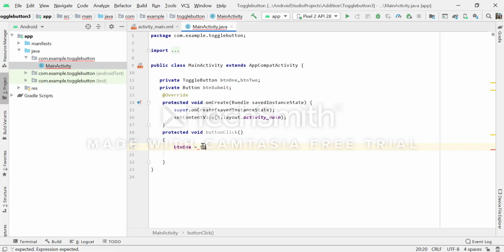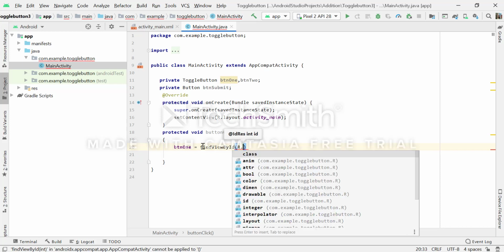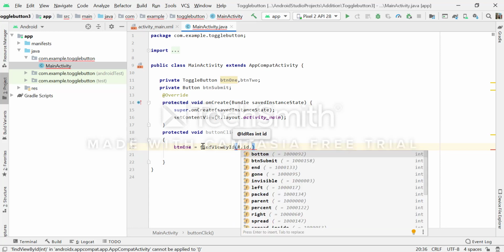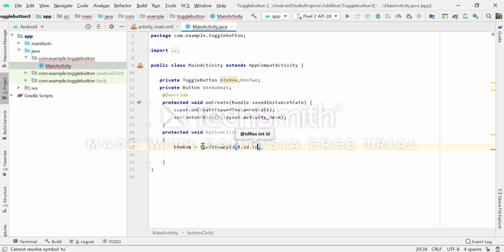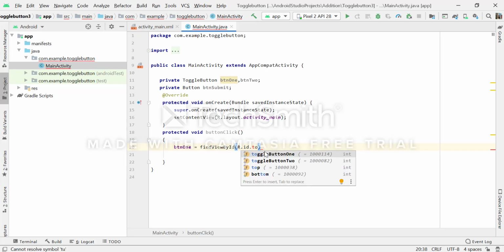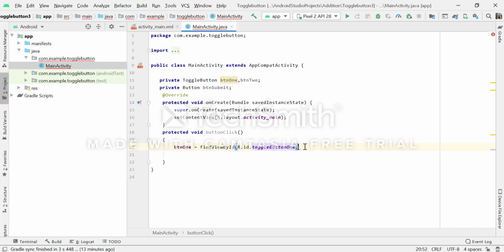So I will simply call the findViewById function. I will find my toggle button ID in the R folder. So I will simply call R.id.toggle button 1. In this manner, I have assigned the toggle button 1 ID to the toggle button 1 reference.